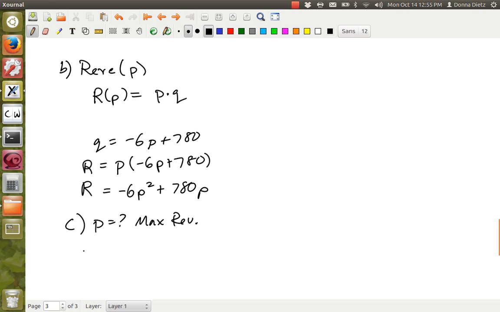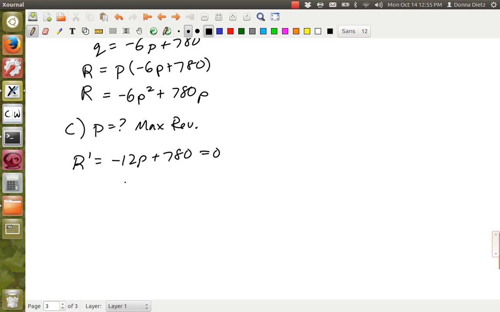Alright, so we have to take the derivative, set it equal to 0, and solve for P. So we get 780 is equal to 12p, or 780 over 12 is p. And then you just type that into your calculator, and 780 over 12 is equal to $65. It maximizes